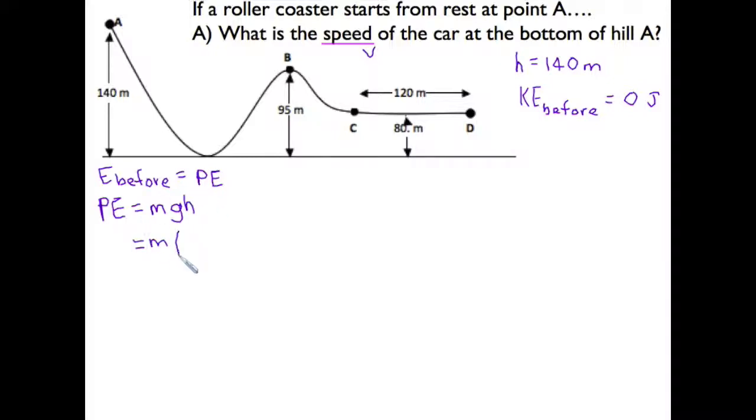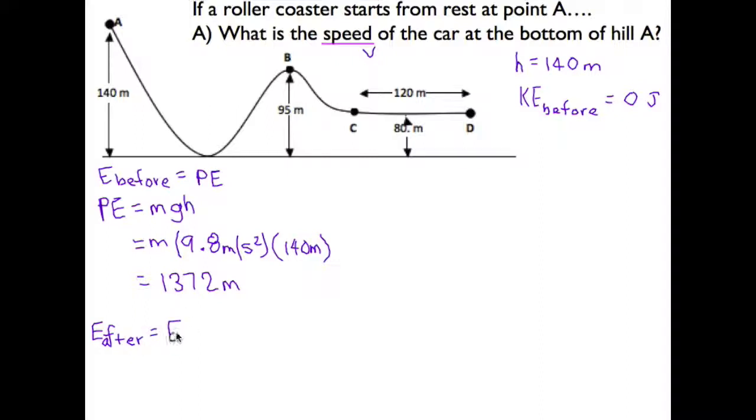Our mass, we don't know. That's okay. We'll get rid of it later. Gravity we know because we memorized it. I told you you'd use it a lot. And our height we know because that's on our roller coaster. And so we'll end up with 1372 m. That's okay. Leave the m. I know it freaks you out, but it's okay. You can leave it. And then we know that the energy after, or at the bottom of the hill,